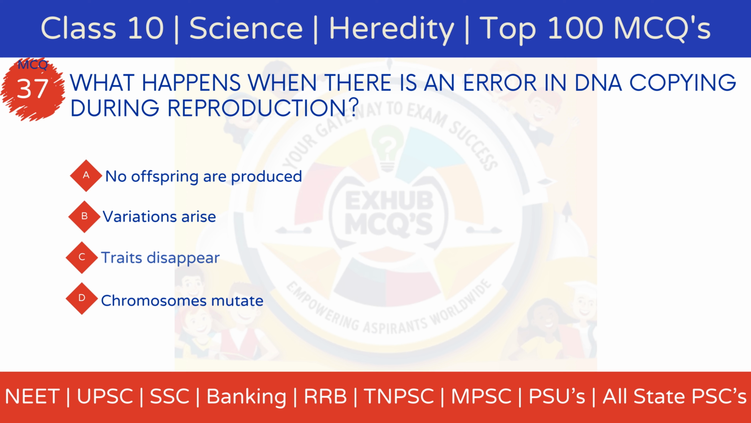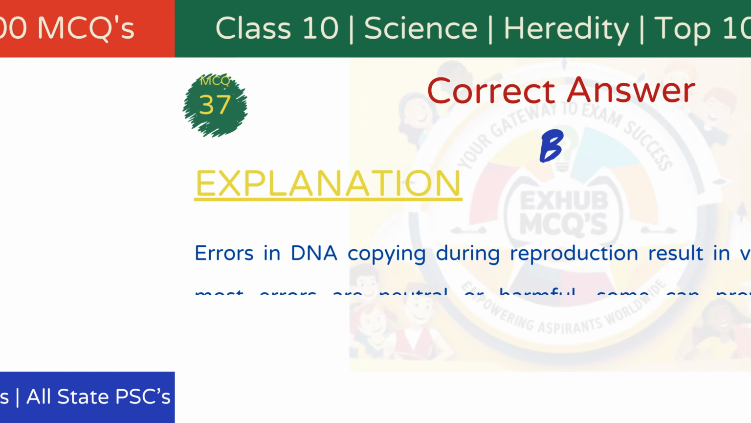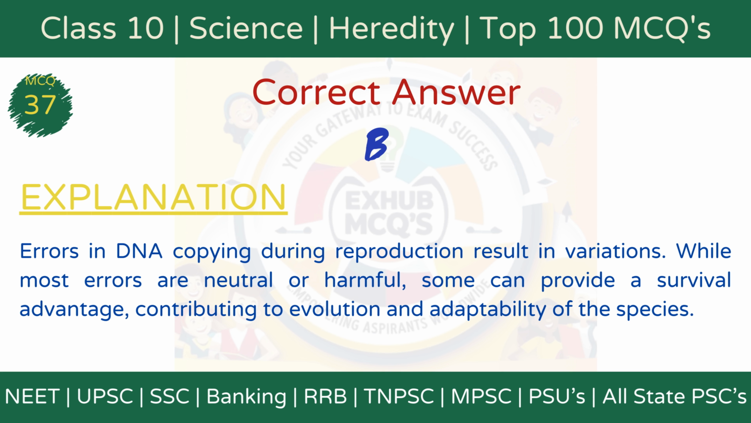Option A, no offspring are produced. Option B, variations arise. Option C, traits disappear. Option D, chromosomes mutate. The correct answer is option B, variations arise. Explanation. Errors in DNA copying during reproduction result in variations. While most errors are neutral or harmful, some can provide a survival advantage, contributing to evolution and adaptability of the